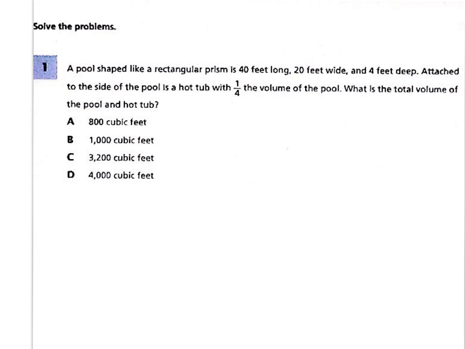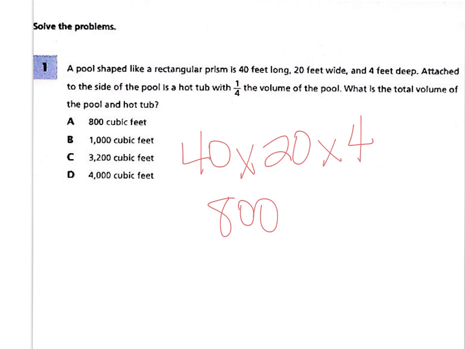So hopefully you're seeing there that we have a pool, and here are the dimensions of the pool, 40 by 20 by 4. Then they've attached to the side of the pool a hot tub that's 1/4 the volume of the pool. So let's figure out the volume of the pool first. It's 40 by 20 by 4. And remember how we can do 40 times 20. 4 times 2 is 8, and there are 2 zeros. So 40 times 20 is 800 times 4. 4 times 8 is 32 plus 2 zeros. So we know that the volume of the pool is 3,200